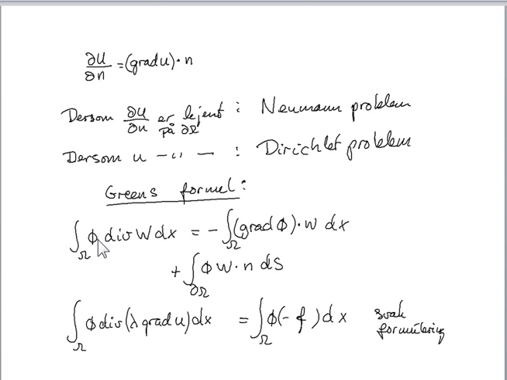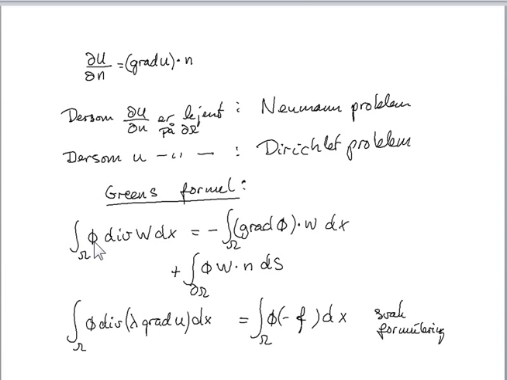If we have some function which we call phi, and we have a vector function which we call w, and this function phi is assumed to be a scalar function, then the integral of the product of this function with the divergence of w